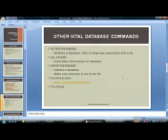There are a few other vital database commands that I would like to mention. You have alter database, which basically